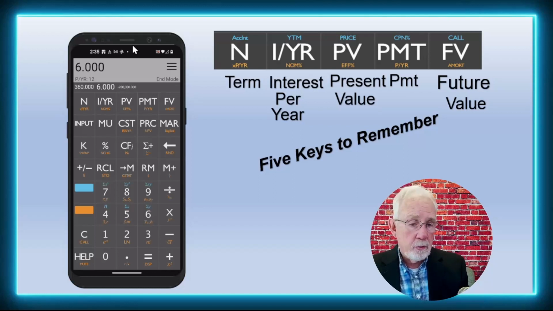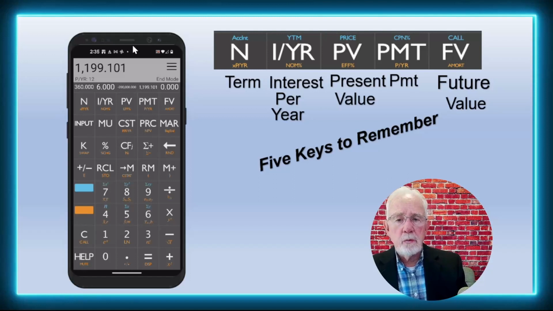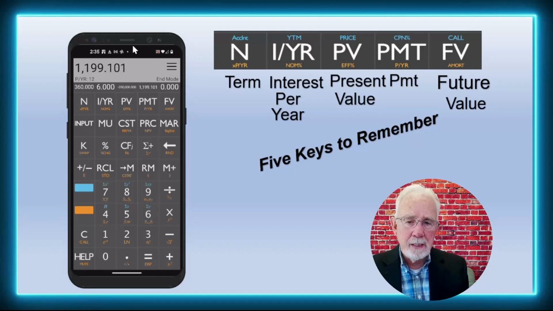We've got the interest rate per year, and we've got the term. So now we want to know what the payment is, so you just hit payment. So the payment's $1,199.10. Now, here is where you really need to practice on the calculator and get used to this, because you'll